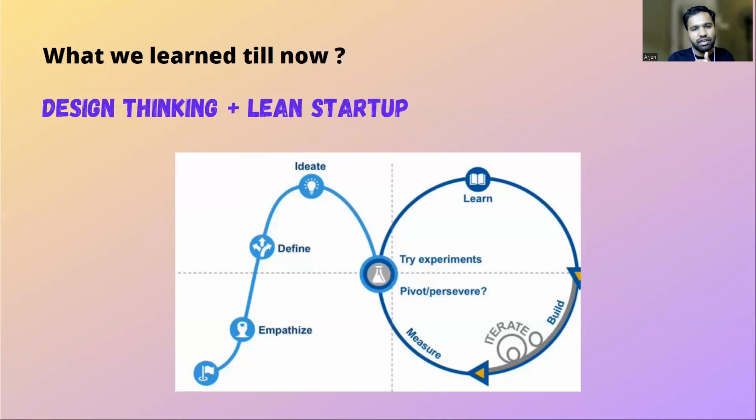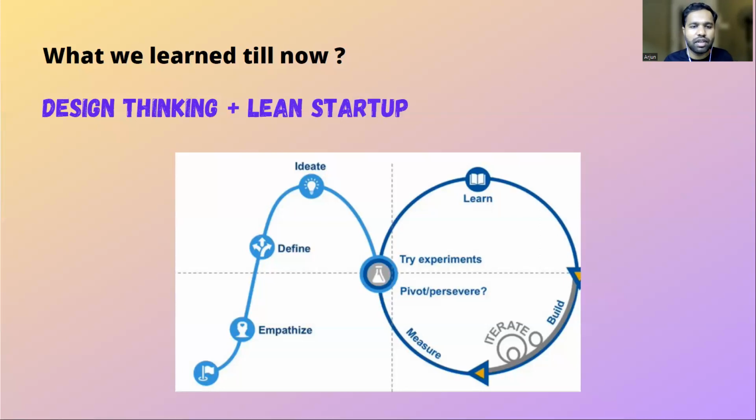That's why every startup or bigger company will combine both of these frameworks. They will use design thinking to find out what sort of problems their customers are facing and validate it, and then they will use the lean startup method of build, measure, and learn to quickly come up with prototypes, test them, get feedback and learn, and now start mass manufacturing the new product.